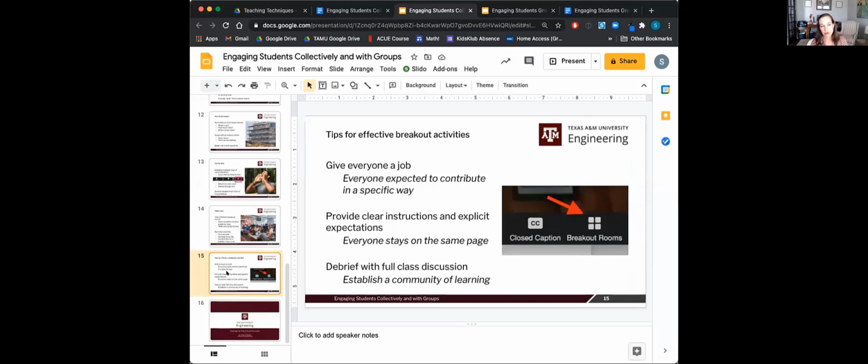And then my tips would be, just like you would in a regular class for anything else you're doing, to provide clear instructions and explicitly state your expectations. And the other thing is, I always want to do something with what they produce. It helps make their work valuable to them. So when we come back, we always discuss, we always share. Sometimes Zoom's nice because you can have them share their screen so they can share some of their work that way, and we can have a discussion, and it's another way to build this community of people learning together.